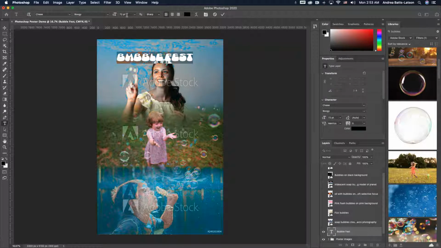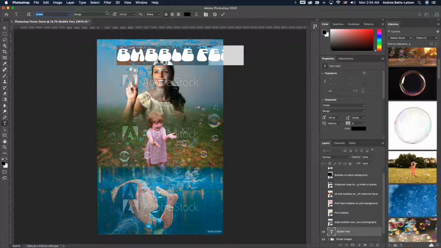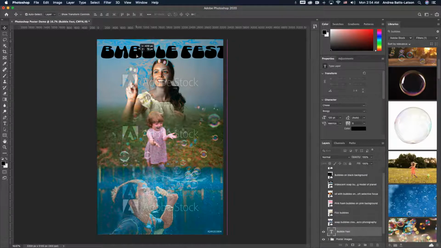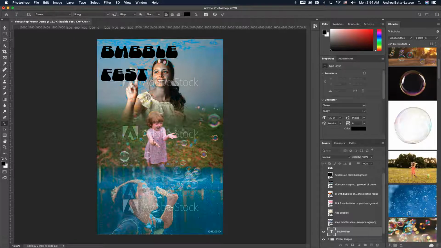But let's suppose you're looking at this and you're like, 72 is just not big enough. I kind of want this to be a lot larger. You can just go ahead and type in whatever size you want. So if you know that you want your font to be like 120, you can do that, and then it's going to show you, and then Bubble Fest is going to come. Now, what I want to do with this, go back to my type tool, and I'm actually going to make this 2